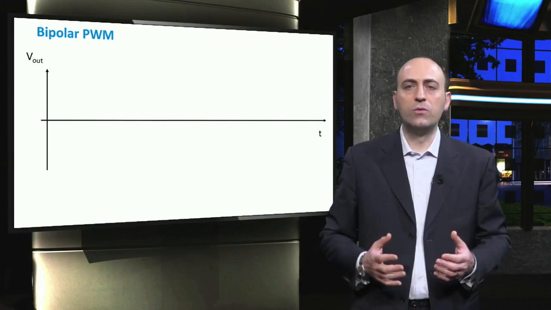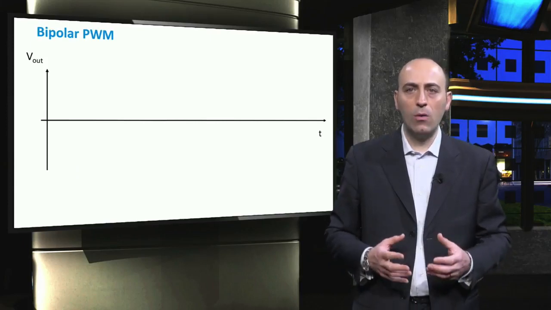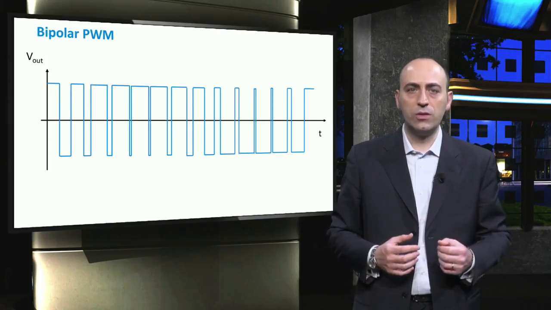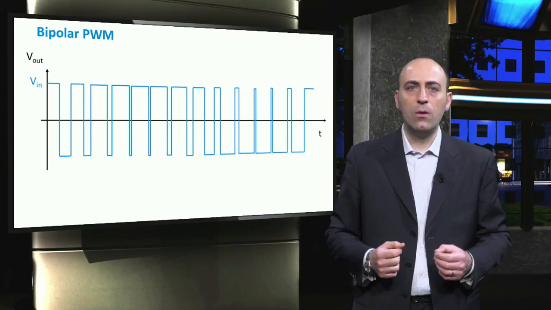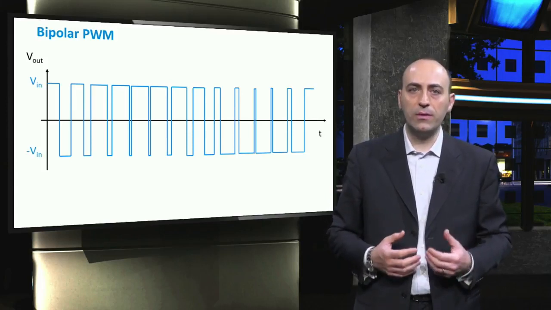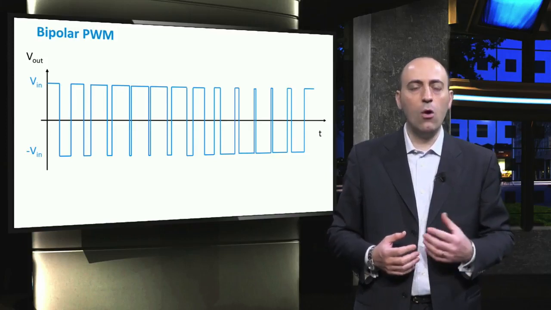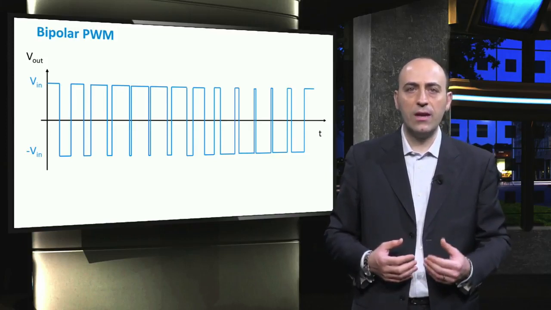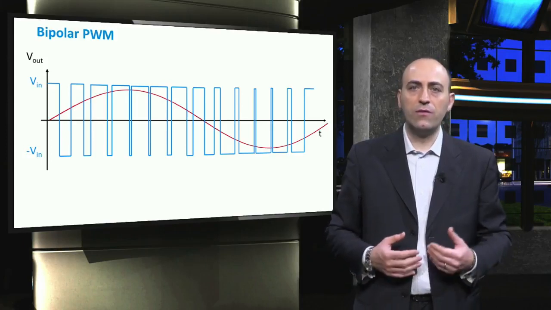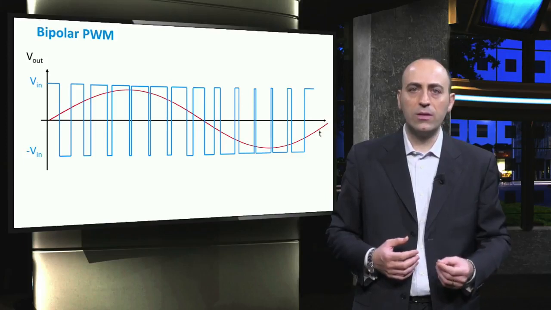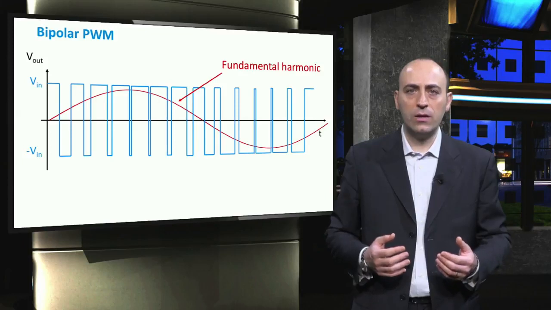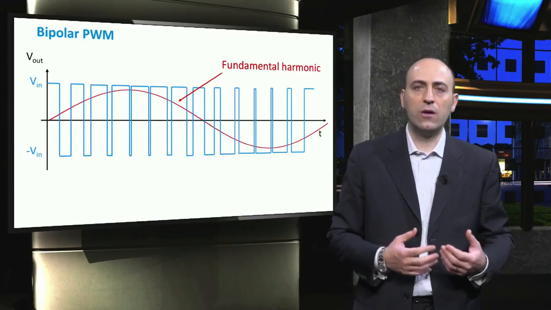The resulting output signal of the switch bridge is a bipolar periodic wave that goes from a positive value of the input voltage Vin to the negative value minus Vin. As we saw in the previous video, such a time-dependent periodic output signal of the bridge can always be decomposed as a sum of sine and cosine waves. Using Fourier analysis, it can be shown that the frequency of the first harmonic equals that of the control signal. Again, all the harmonics of a higher order are disturbances that need to be filtered out before going to the